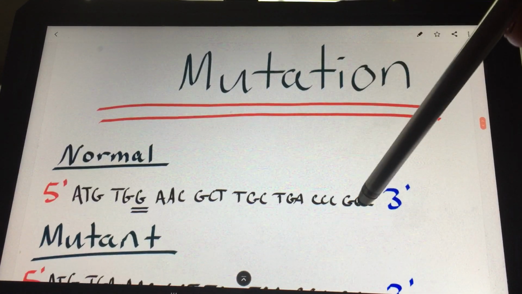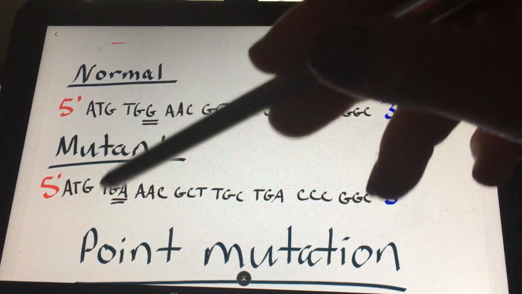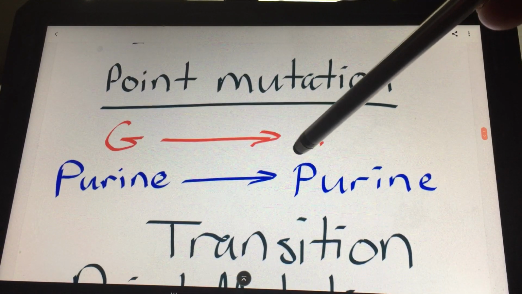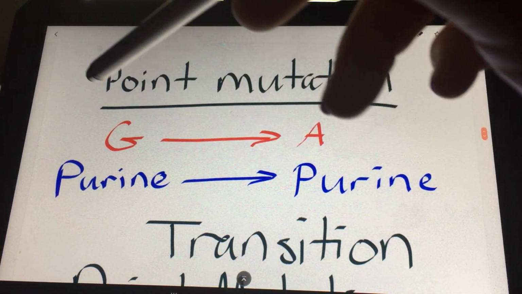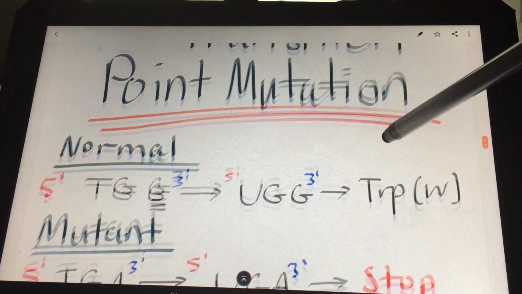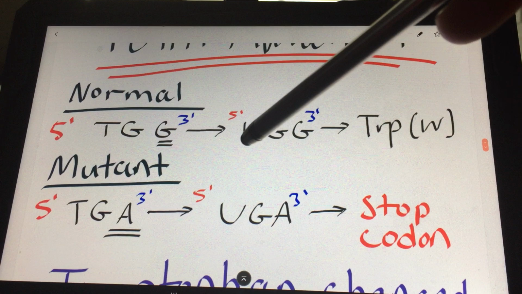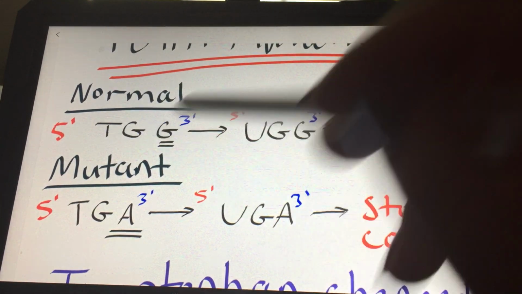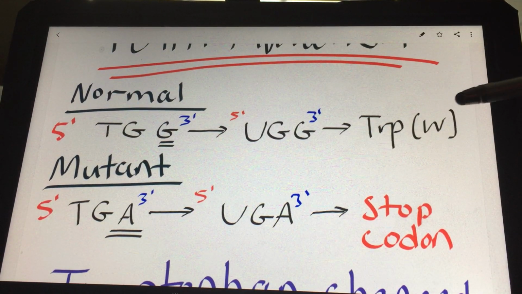In our second mutation, we have G getting changed to an A in our mutant sequence. In this point mutation, we have purine to purine, or G to A in our case, also known as a transition point mutation. In the normal DNA sequence, we have TGG getting transcribed as UGG,